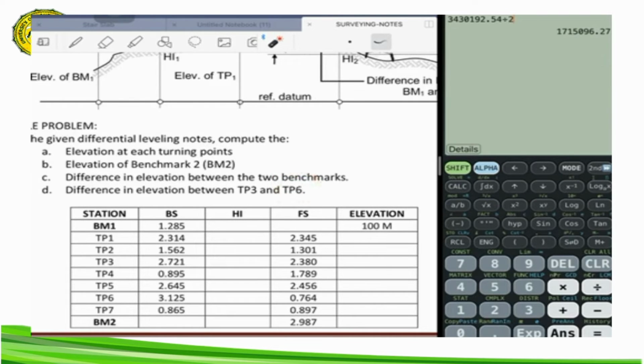So to compute that, you have the backsight for benchmark 1 and then turning point 1 to turning point 7. Backsight is the plus side. Foresight is the minus side. Okay, so to compute for the height of the instrument for benchmark 1, the height of instrument is equal to